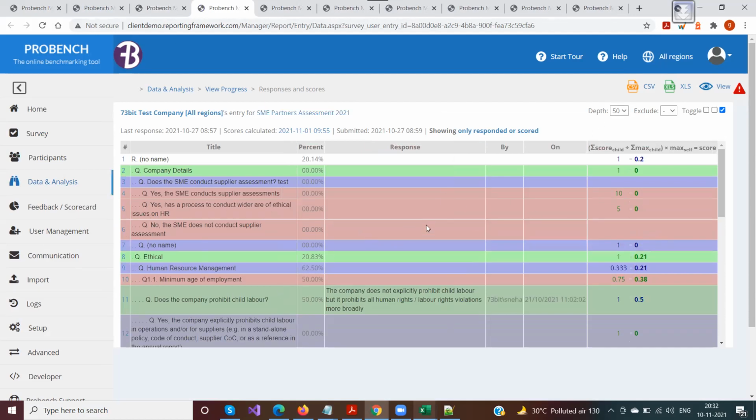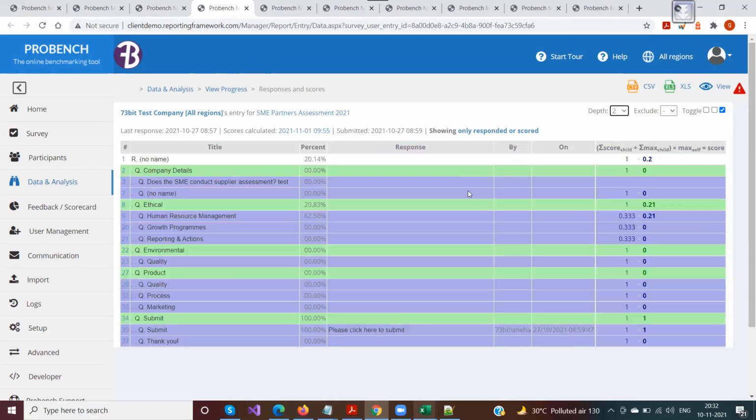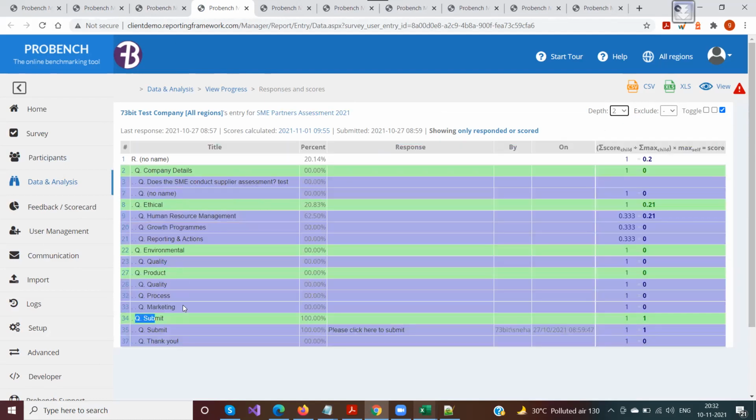Now here there are also various things. Again, the depth comes into the picture. If you only want to see up to the top, at the section level, it would only show you the section level scores. So you can reduce the depth to 1, and it would directly show you till the section level. Then as you keep on increasing the depth level, it would keep on increasing the number of questions under it. That would help you to further analyze the scores that are assigned, or whatever analysis you are doing.